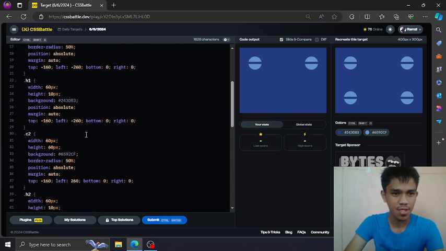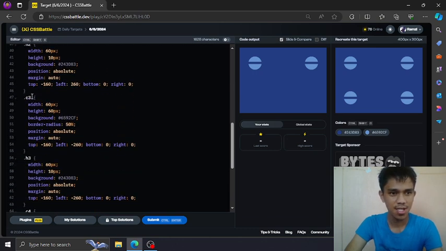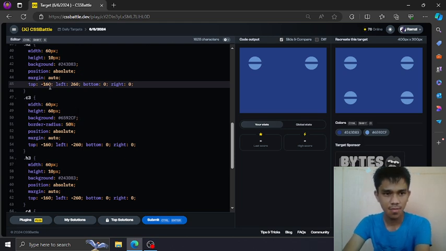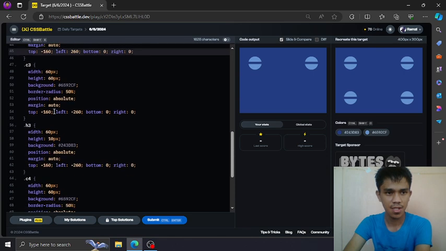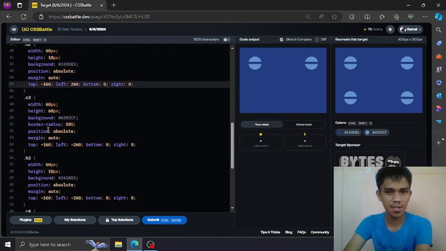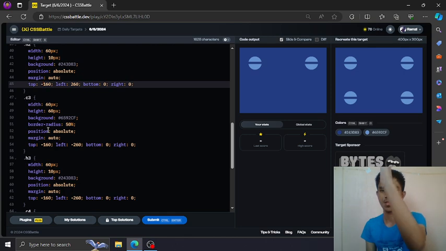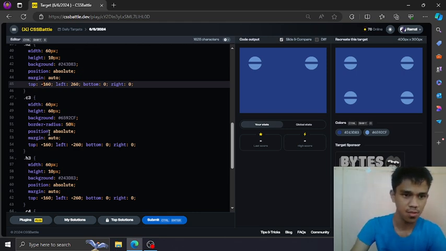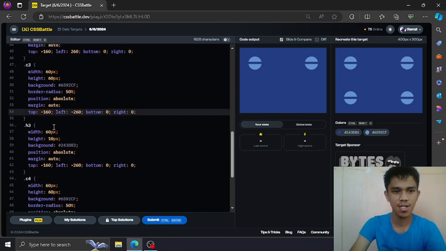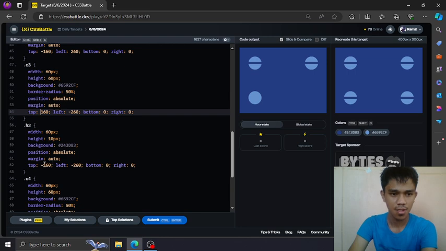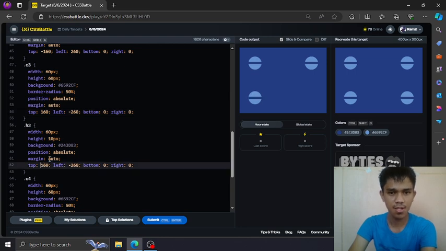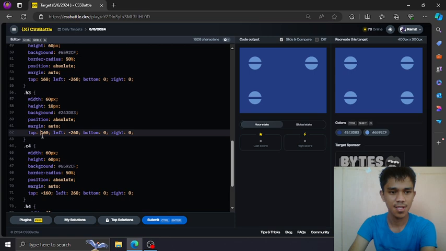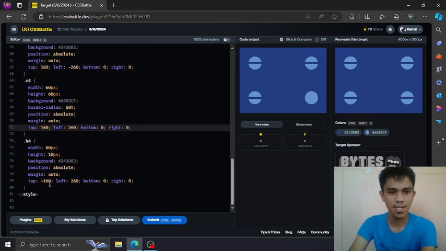Okay, to make that make sense, let's now modify or change the vertical position, or the position here. So from top, let's move them to the bottom. So in order to do that, just invert this value here, along with the line. So first is the circle, second is the line.